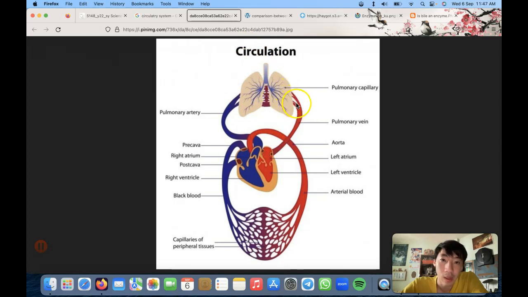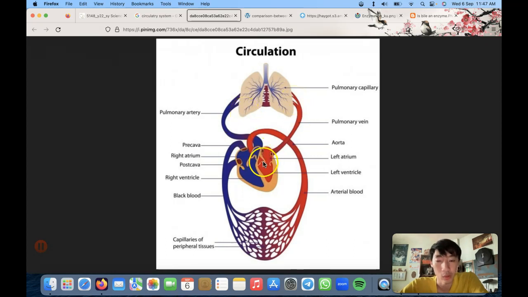Okay, so this blood vessel is carrying the blood back towards your heart. You can see, follow this line towards your heart. So will you call it an artery or a vein? That's right. You should call it a vein, because anything that carries blood towards your heart is a vein, as you can see here. Vein. Doesn't matter red or blue. Don't look at the color. Just focus and think about whether or not it's going towards your heart or away from the heart.